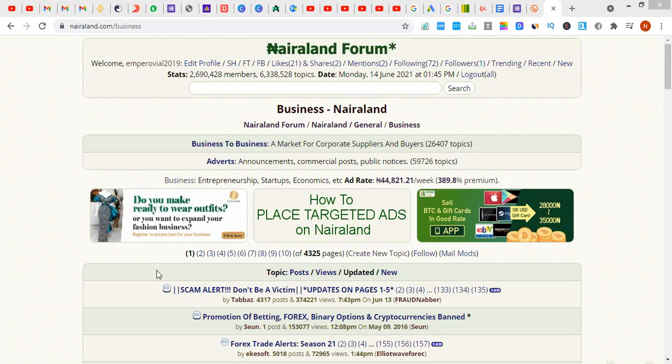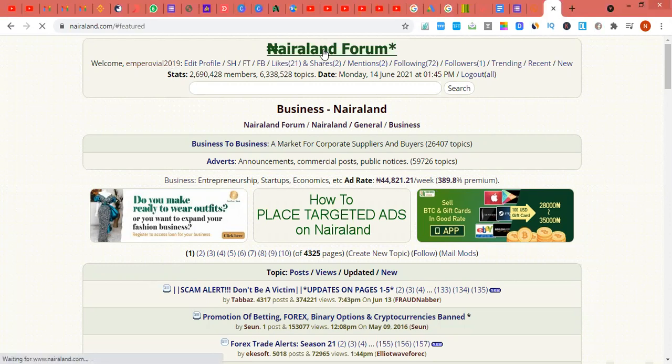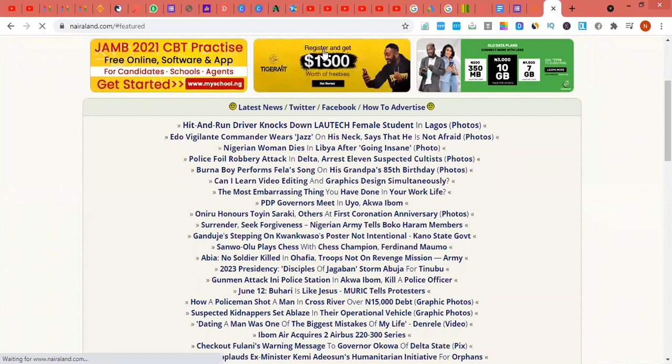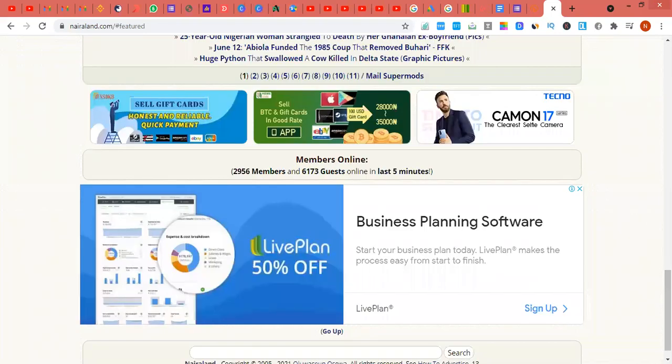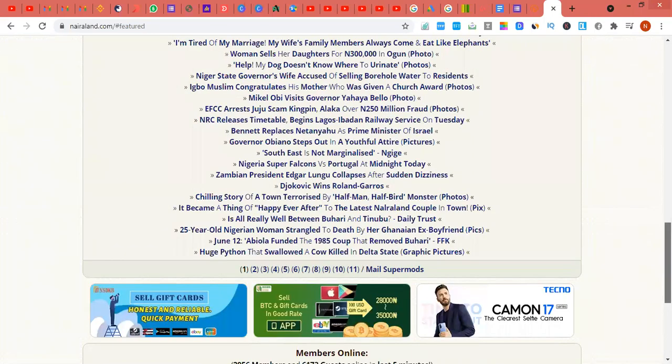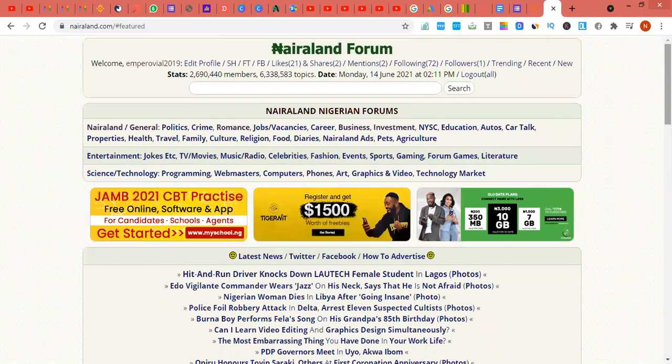So very quickly, Nairaland has various sections. Now this is Nairaland, and when you come on Nairaland, many people see it as a forum for just breaking news. So this side is the general section that you're seeing live. This side, I call the gossip galore. I think that's all there is to Nairaland. Nairaland has about 2.6 million members, if not 2.7 million members. You can see it right here, 2.6 million members.